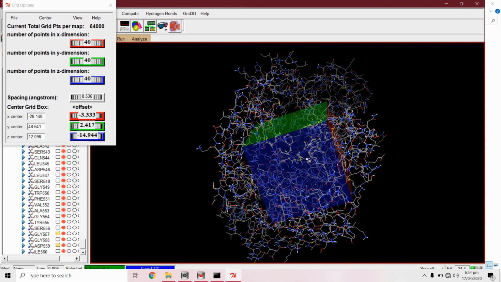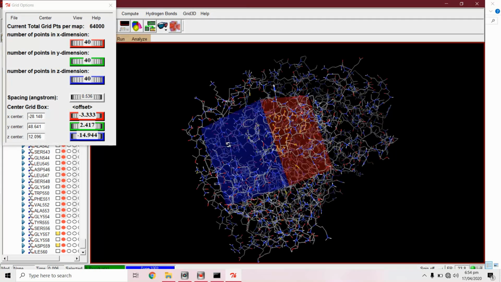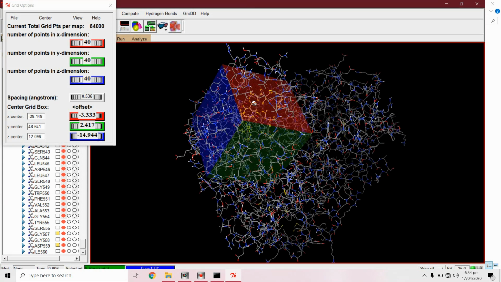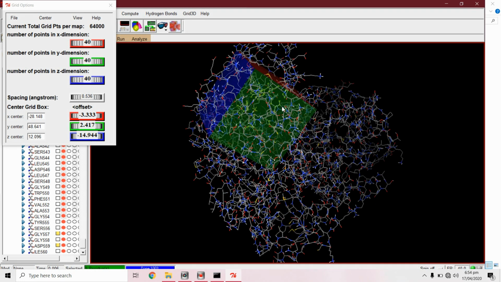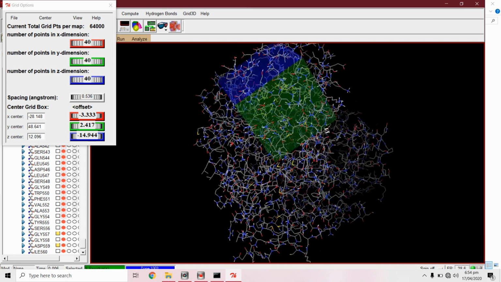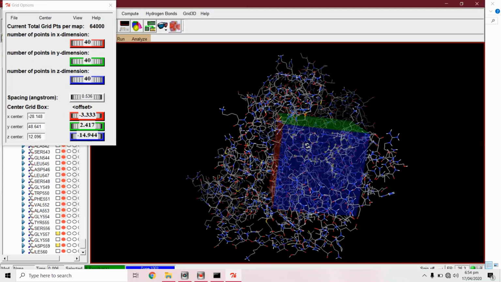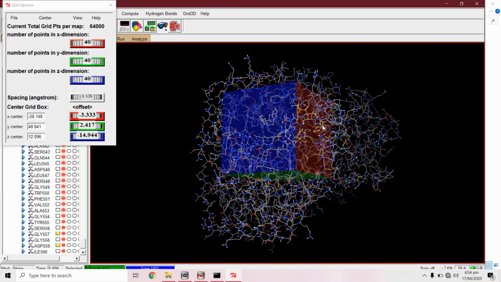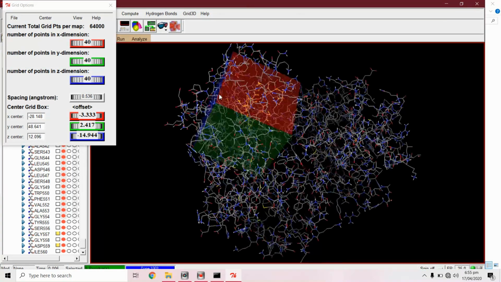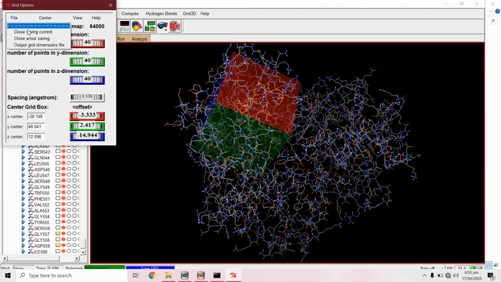We will go with these parameters. The grid box encompasses all the selected residues, as you can see. So we will save these coordinates in a file for further processing.